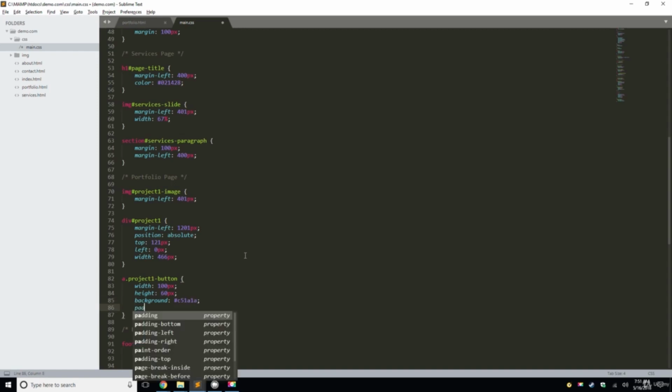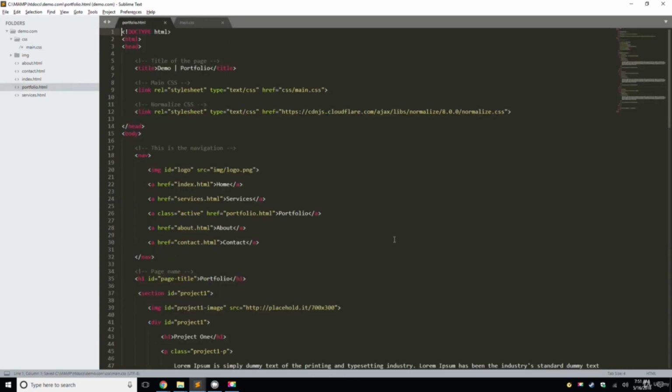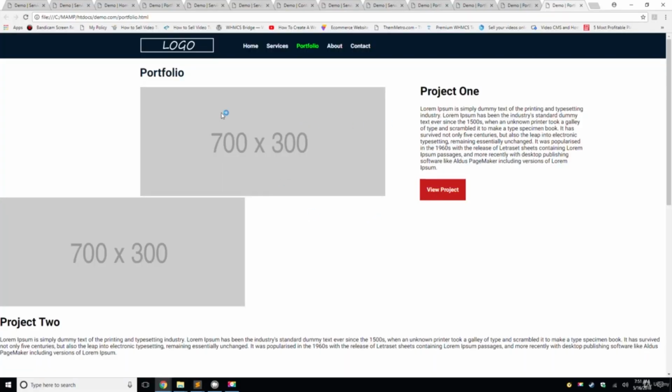Okay, then we're going to do padding 20 pixels, position relative, top 4 pixels, left negative 21 pixels. Okay, so let's go back to portfolio.html, right click, open in the browser, and now we have our